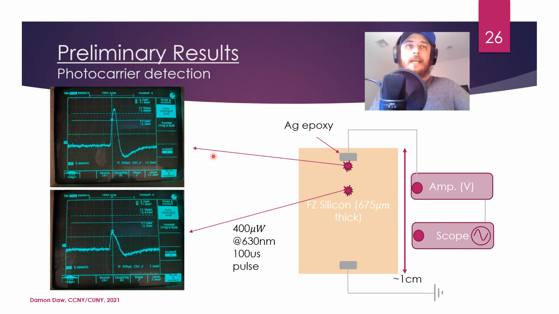And towards that end, we've done some preliminary experiments where we take a chip of very pure silicon. It's about 675 microns thick, and about 1 centimeter long. And we put some silver epoxy pads on the surface of this chip, and we pulsed it with a laser at different spots. For example, if you shoot a laser at the surface of the chip, and we're using a 630 nanometer laser, by the way, you'll generate a bunch of electrons and holes, and they'll induce a current